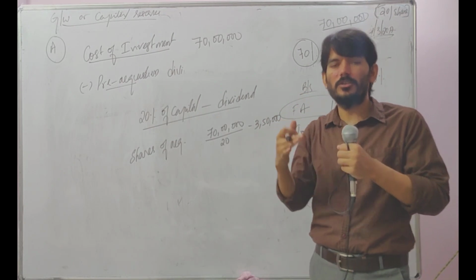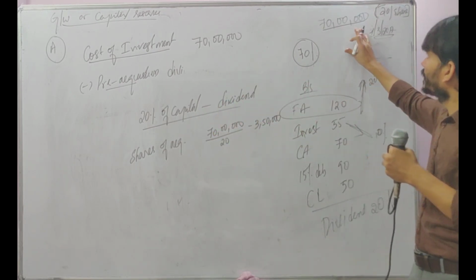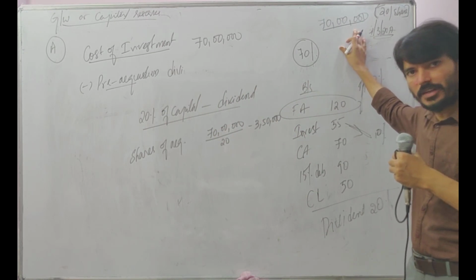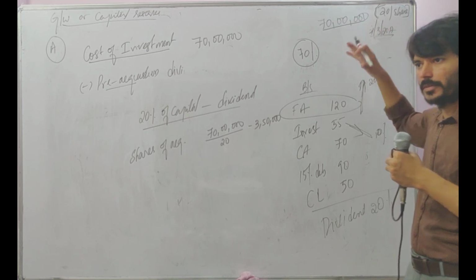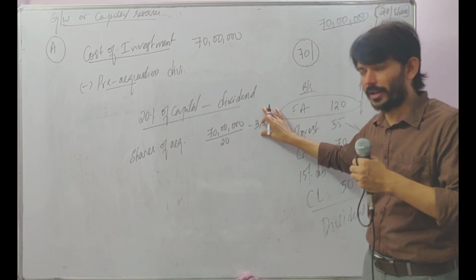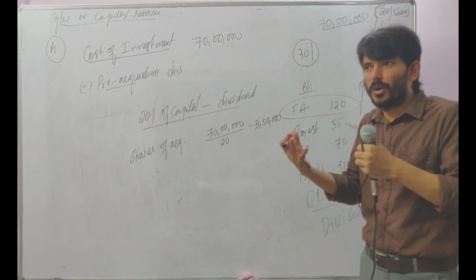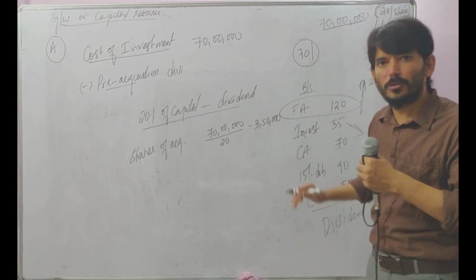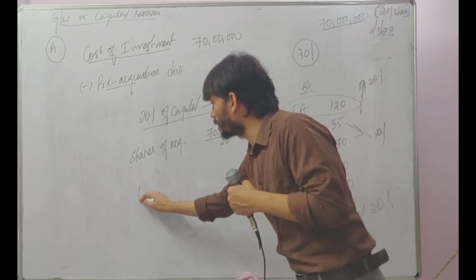And also don't just listen to my logic; start thinking on your own. I am purchasing with 70 lakh rupees, and for each share I am spending 20. That means I might have purchased 3.5 lakh shares. 3.5 lakh into 20, you will get 70 lakhs, right? That's how you find out how many shares you are purchasing. So this is a 70% stake. Then what is 100% capital?